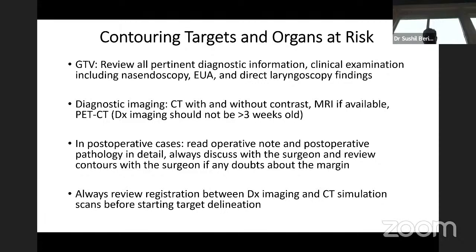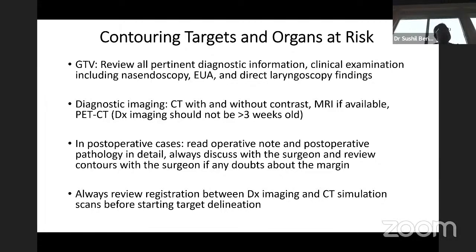laryngoscopy, and imaging. Now, when you use PET-CT, it is very important to understand that the windowing of PET-CT is very important. You could make a GTV look bigger or larger depending on how you window your PET-CT. People have done studies looking at PET-CT windowing at the level of liver, 40% of maximum, 50% of maximum, defining by SUV maximum or threshold. Out of which the worst way to define GTV is a threshold SUV. If you use some arbitrary threshold of SUV of 3 and above, the GTV tends to be very large.